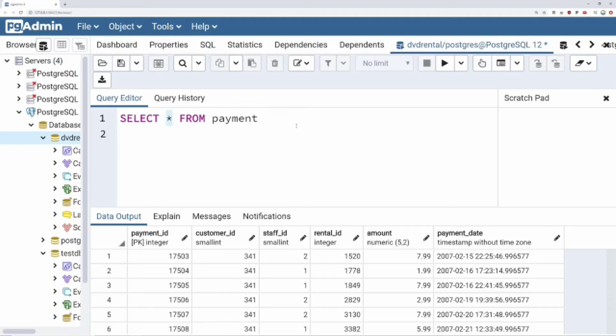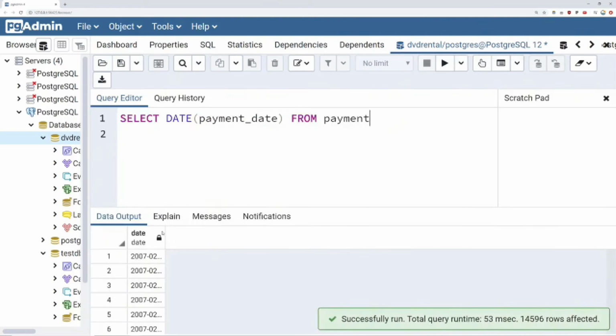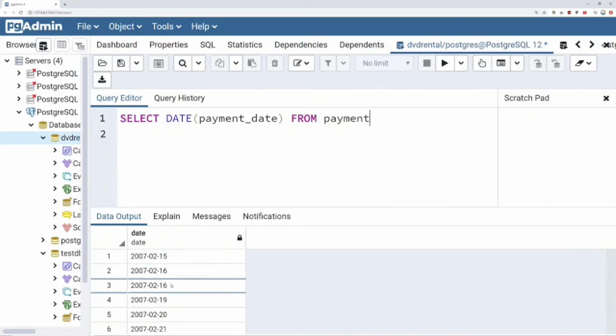So what I'm going to show you is that function first. We can say select date from payment date, and we will learn a lot more about dealing with timestamps later on. But if we just run this, we can expand this column, and notice here, it's essentially just filtered out the actual date. It's removed that timestamp information, which makes sense because we don't want to group by every single transaction